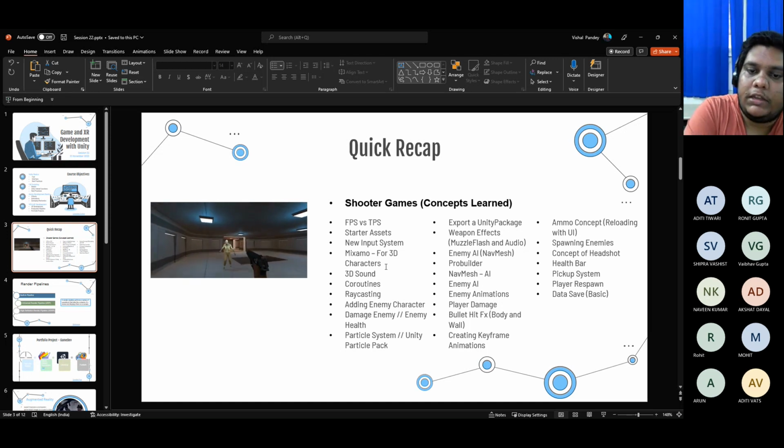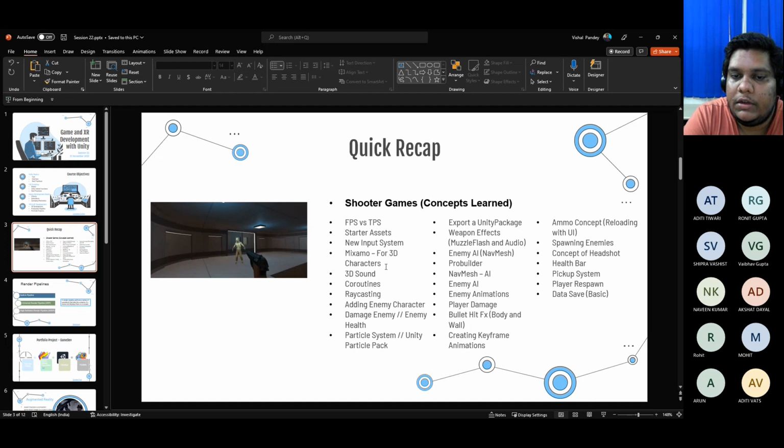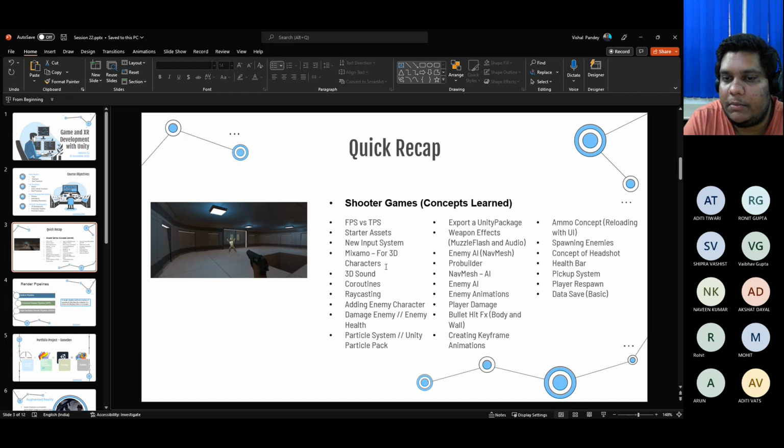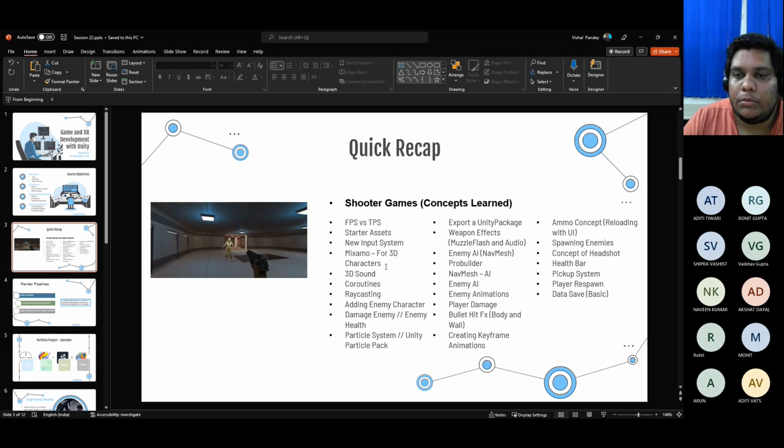We learned about coroutines, raycasting, adding the whole system of shooter games, where adding enemy damage as well as enemy attack, then player damage as well as player attack. And we learned animations, we learned about nav mesh, we did a bit about ProBuilder, like prototyping in Unity directly and how to use ProBuilder in Unity.